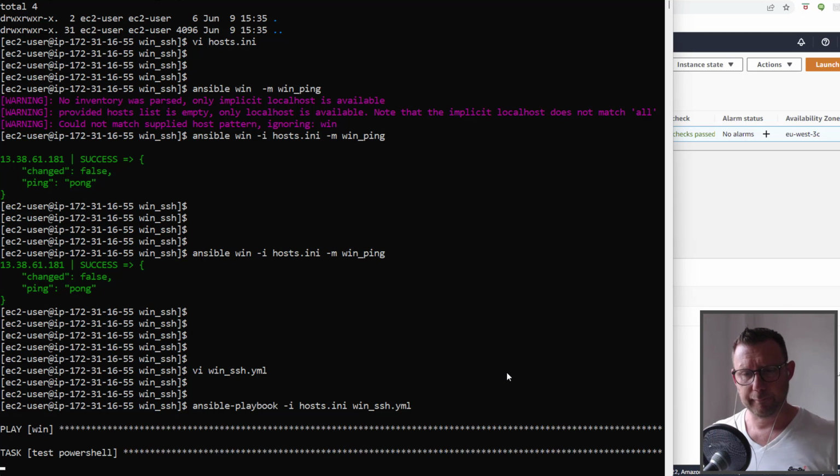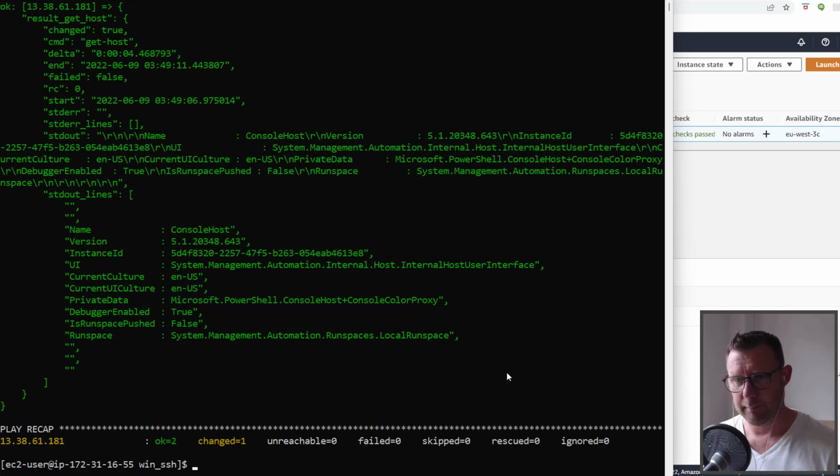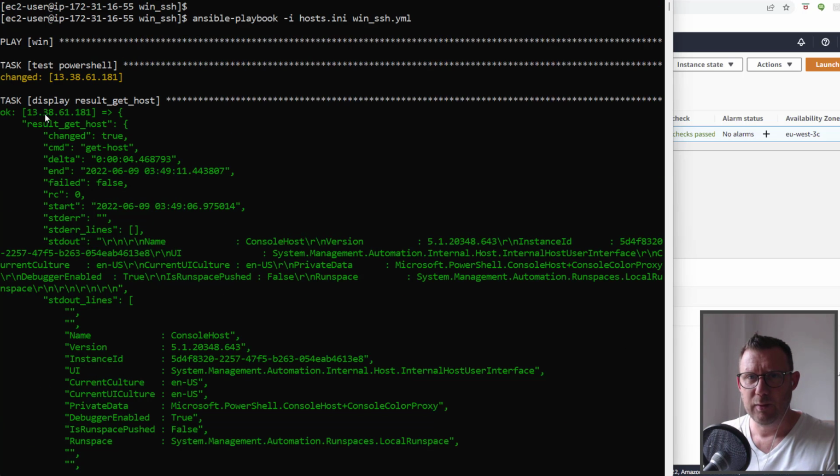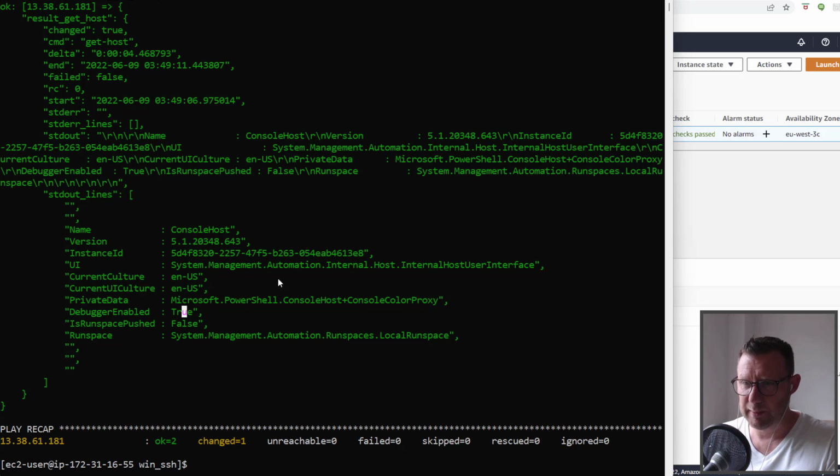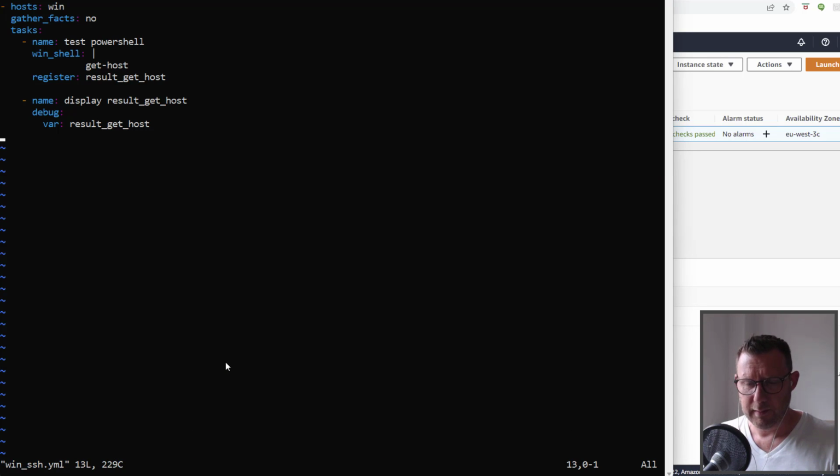Okay, there we go, and it's done it. So it ran the Get-Host command, and this is what Get-Host contains. So it's information about the server, which is great. So just to prove that we can do some other stuff, I also found on the internet some Windows